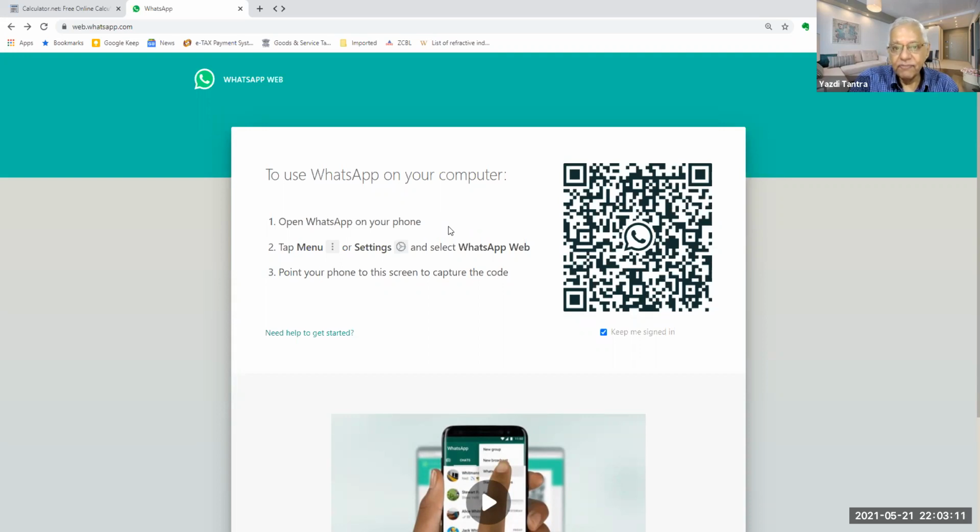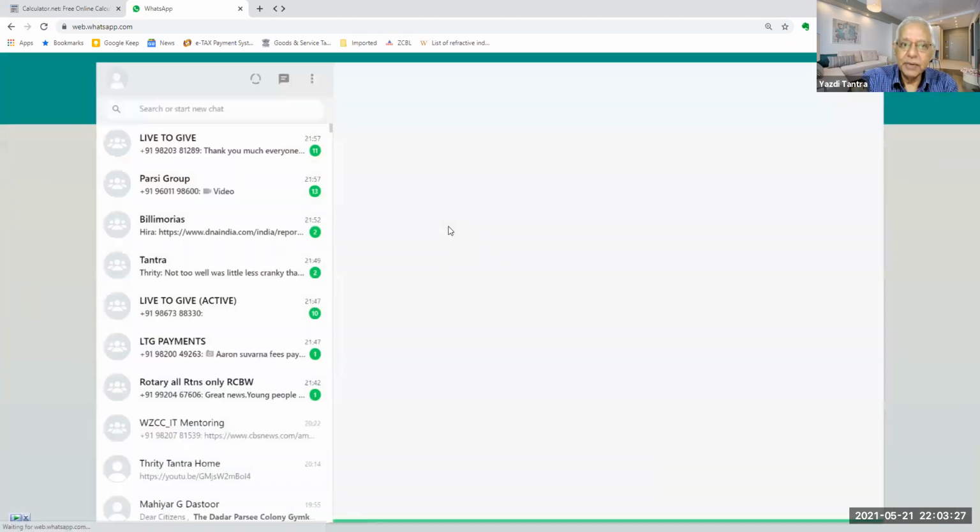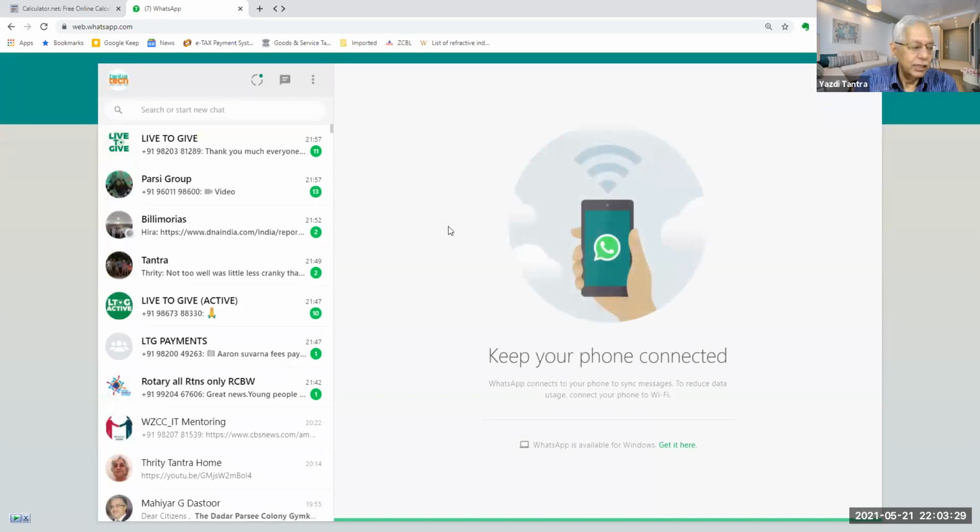Then WhatsApp Web is the option that I get, and I get an option to link a device. So click on link a device, and then I point my camera to the barcode. This is the 3D barcode which was visible, and automatically I come straight away to my WhatsApp.